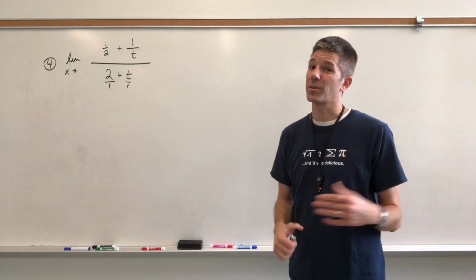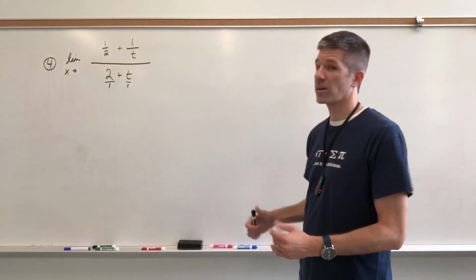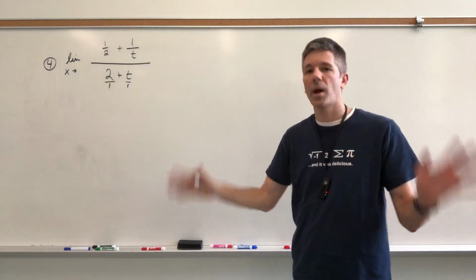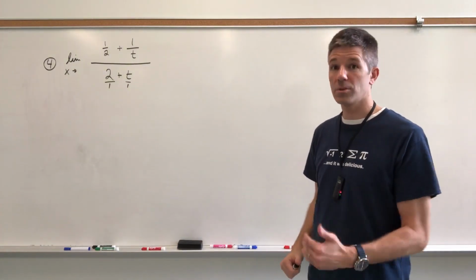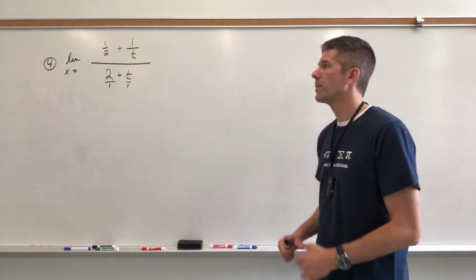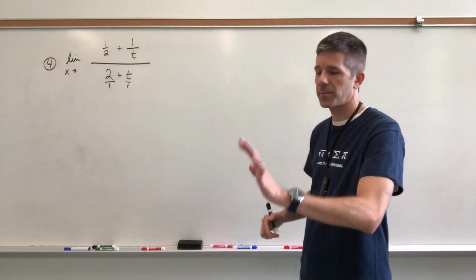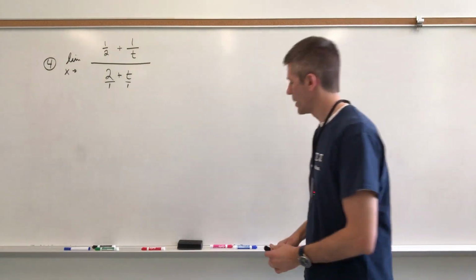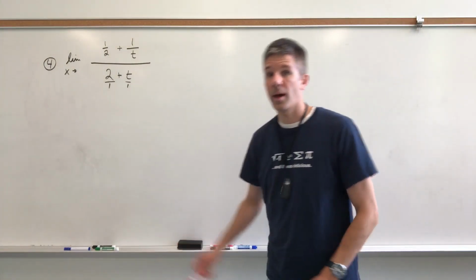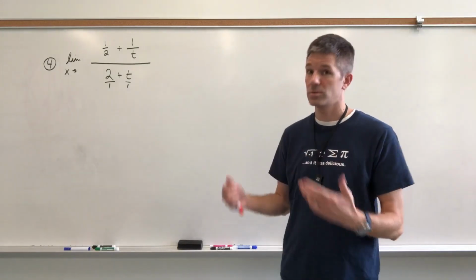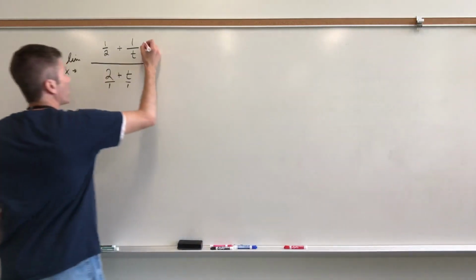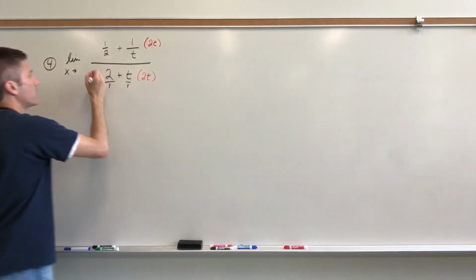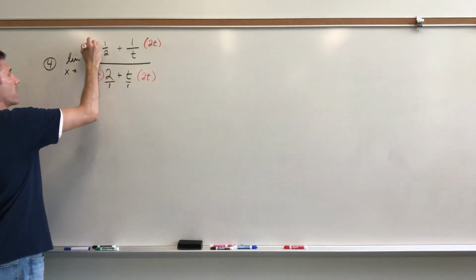And when I do, it's going to wipe out some of the fractions. And then we're going to be left with one big fraction rather than a fraction plus a fraction over a fraction plus a fraction, and it just wipes out fractions. You don't have to do it that way. There's another strategy, but it involves finding this common denominator and that common denominator and then multiplying by the reciprocal. And it works, and it's great, and it's beautiful, but let's just grab a red pen and multiply every fraction by 2t. So you get multiplied by 2t, multiplied by 2t, multiplied by 2t, and multiplied